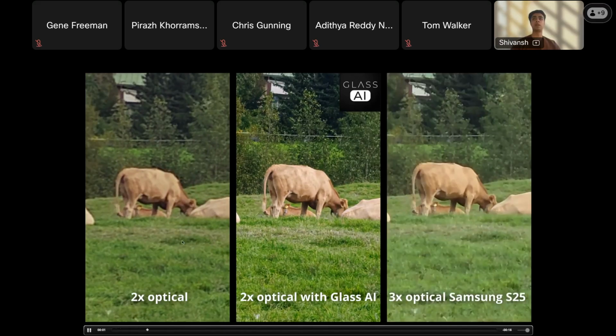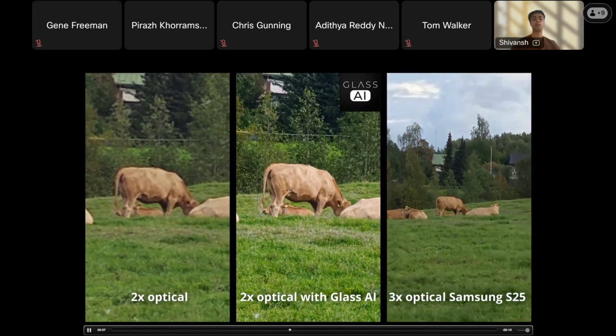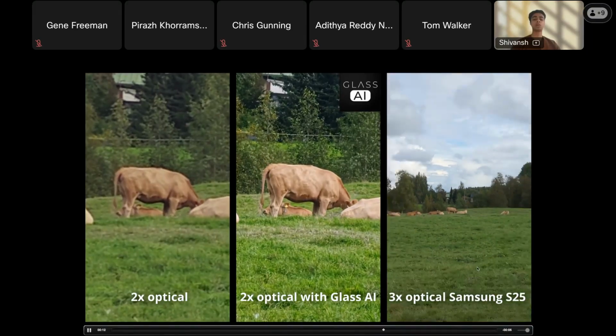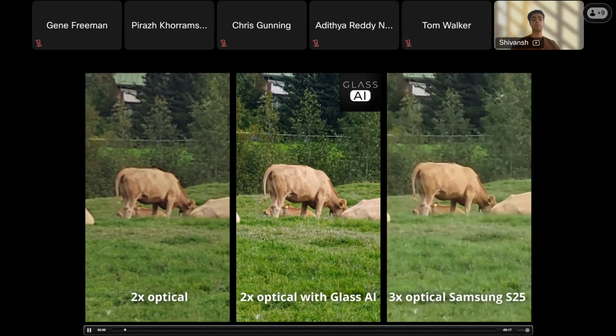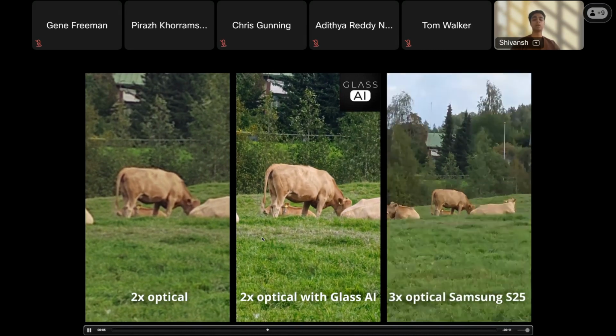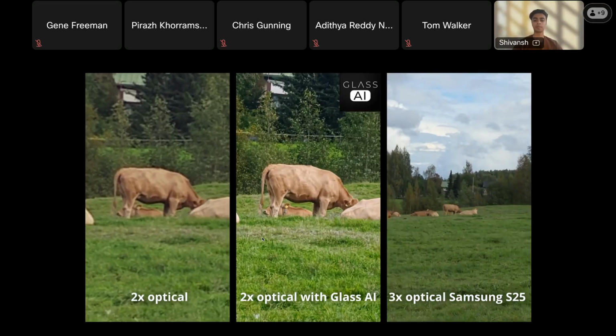First of all there is a drastic difference between the leftmost and the middle, and then the one in the middle is still much better than what we get from the S25. Our idea here was very similar to what we have discussed so far. While using an optics-aware processing pipeline for video, we are still seeing similar benefits, which aligns well with our initial first principles of computational photography.